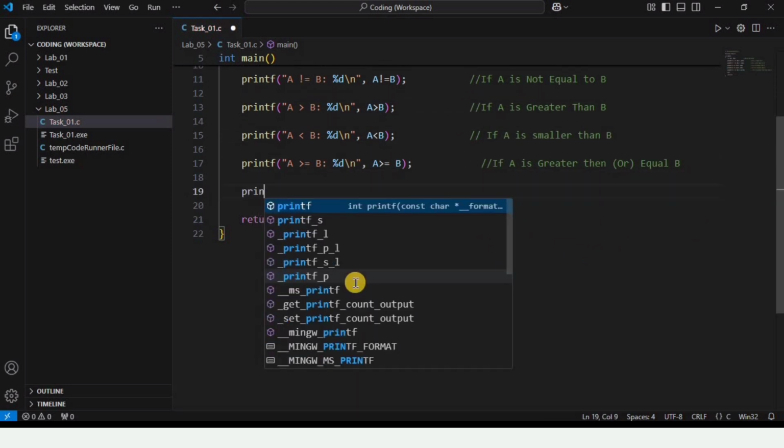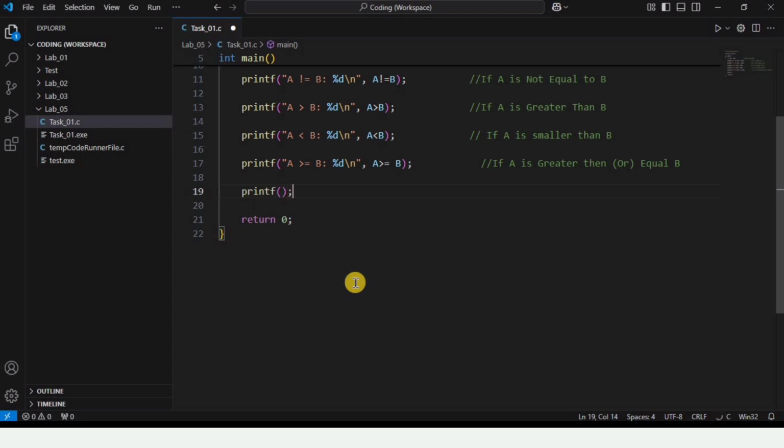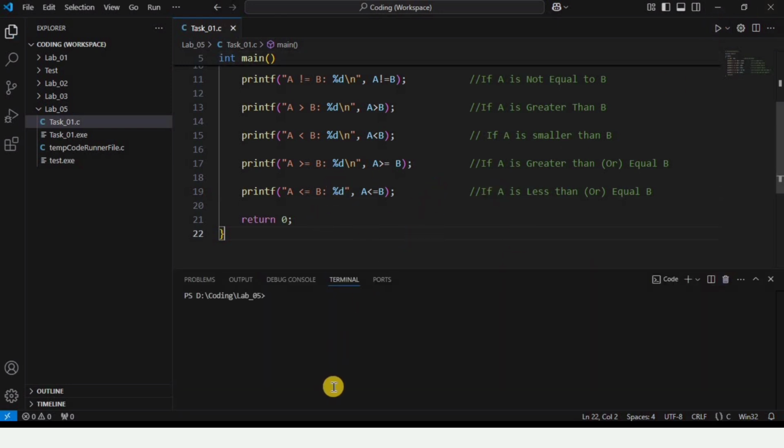Moving on to the final sixth relational operator that basically checks if a is less than or equal to b. This operator will also check two things: if a is less than b or if a is equal to b. If any of these statements gets true, we will get 1 in the output. And if we run this code, we must be getting a 0 in the output in the final line,